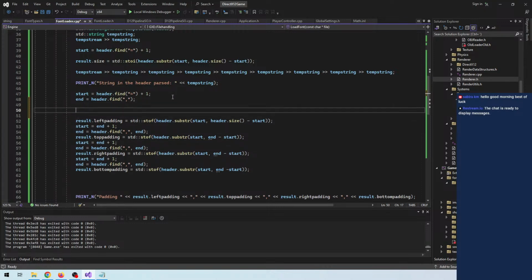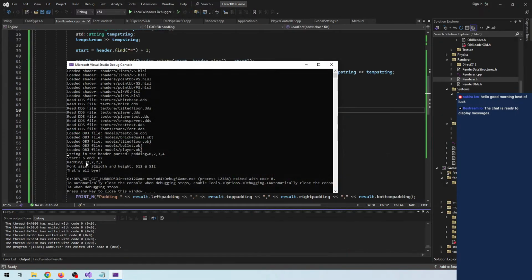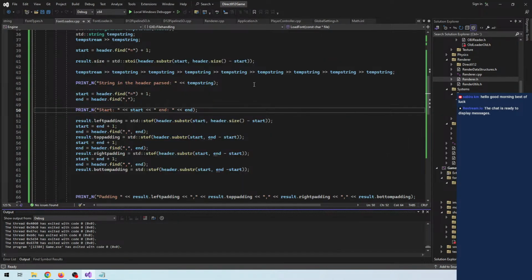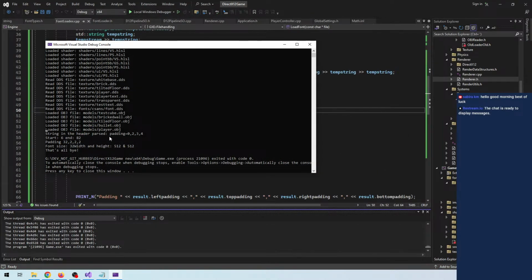Maybe if I print the values just to see what I get. Start and end. Start and 82. Well, the end is so far off. And the whole header is, well,